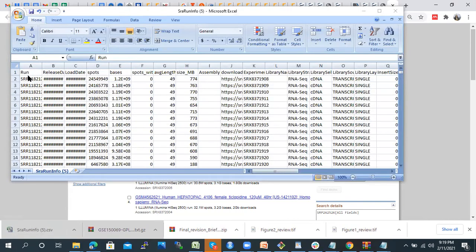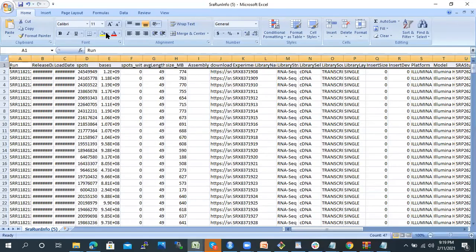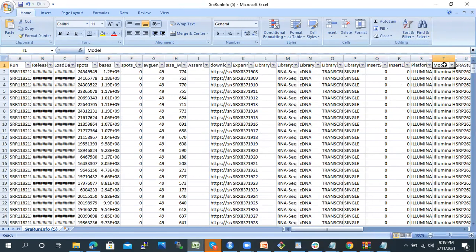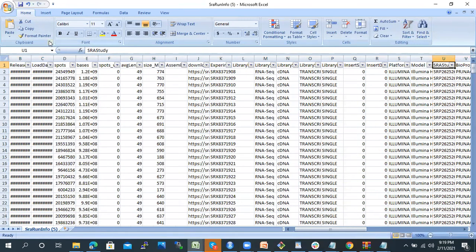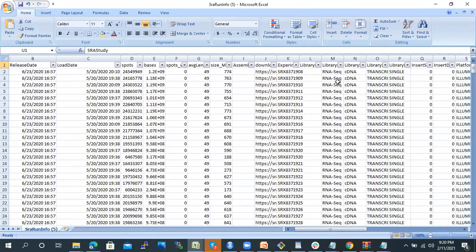We can copy this. Let me show you this table. As we are interested in only human samples, from here you can apply a filter based on the organism. Let me check where they have provided the organism information.